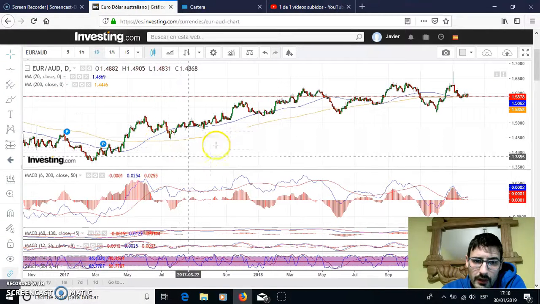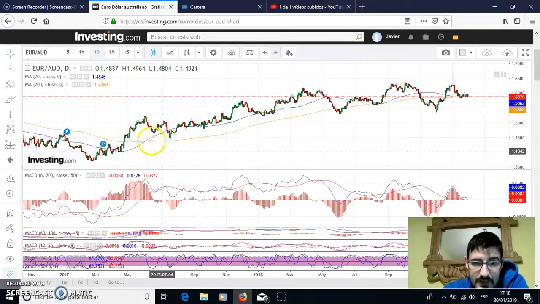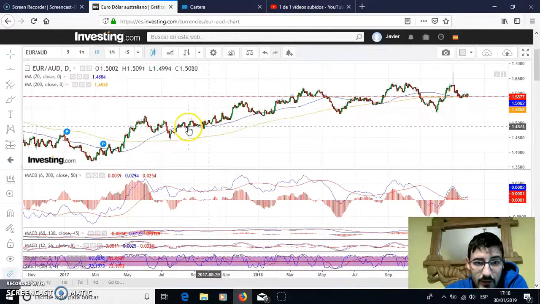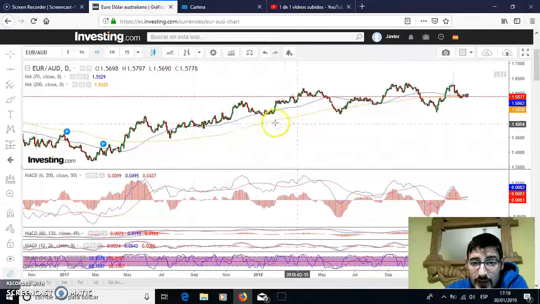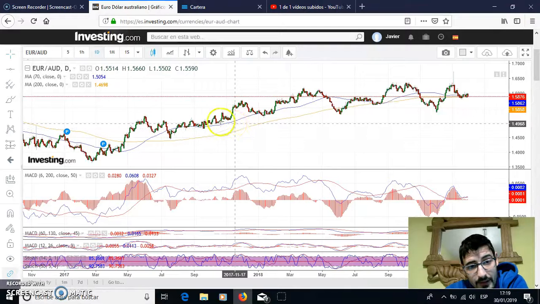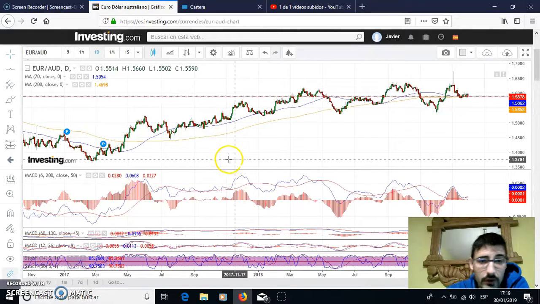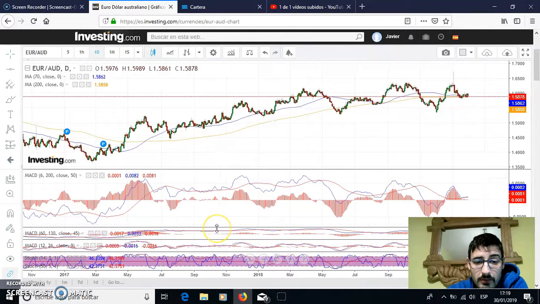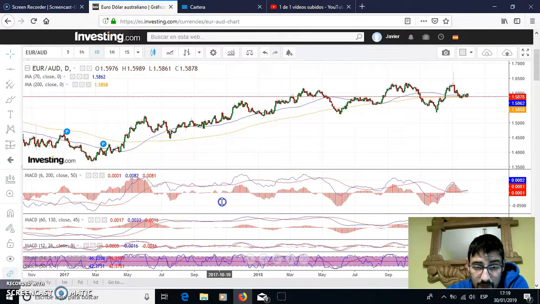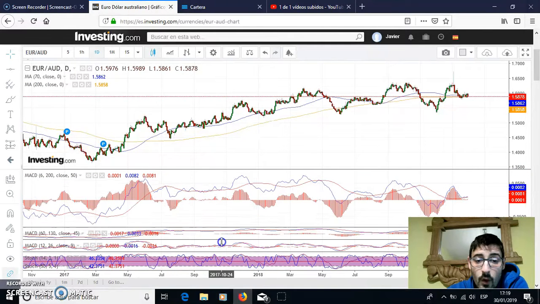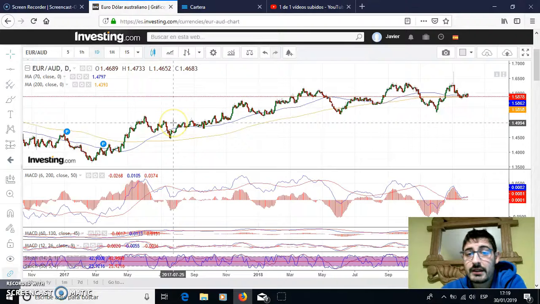So what most of the people do is just put one long moving average and then one medium moving average, 200 periods and 70 periods, and then they identify the trends according to that. But there are other models that work better for me. For example, using the MACD, moving average convergence divergence, to identify when the trend is powerful and when the trend is losing its power. For example,